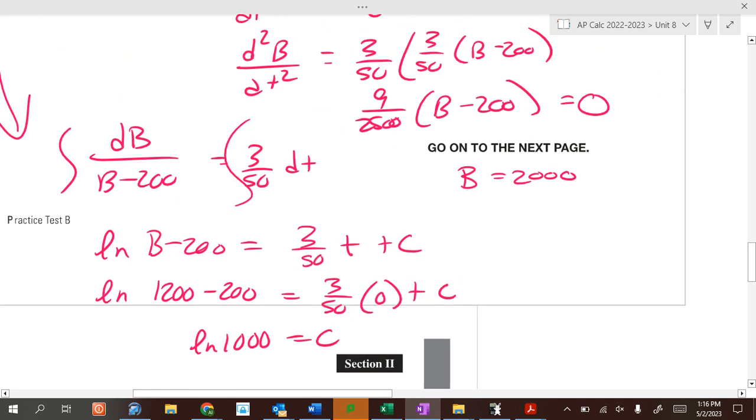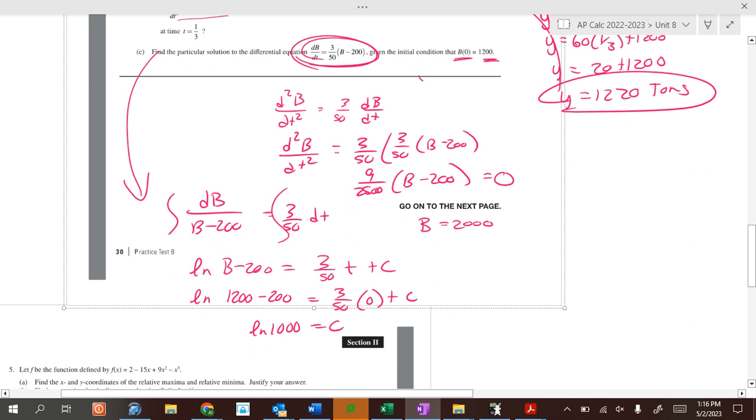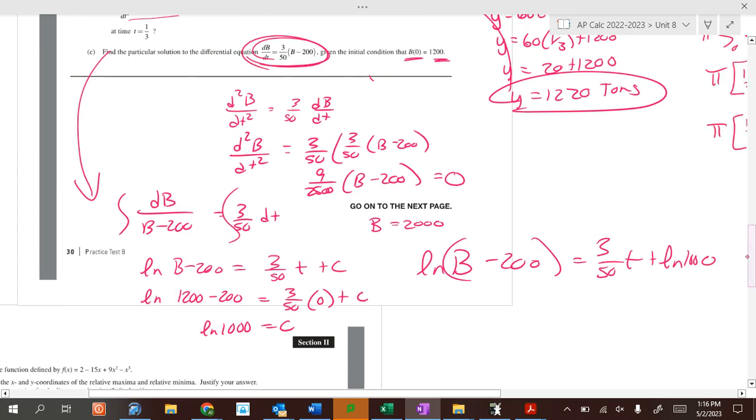So if the ln of 1000 equals C, then we know that if we want to solve for B, the ln of B minus 200 equals 3/50 T plus the ln of 1000. So we have to E both sides. So B minus 200 equals E to the 3/50 T,